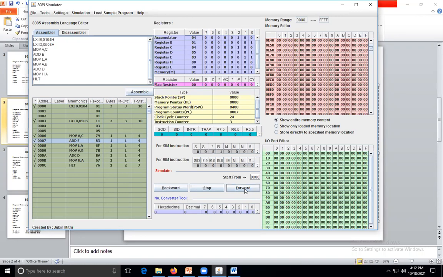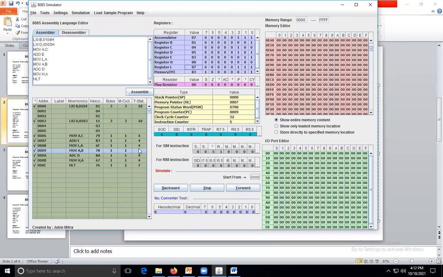Understand? The accumulator goes to 7. After that, the next instruction is to move this 7 into L. So after that instruction, L will be 0.7.